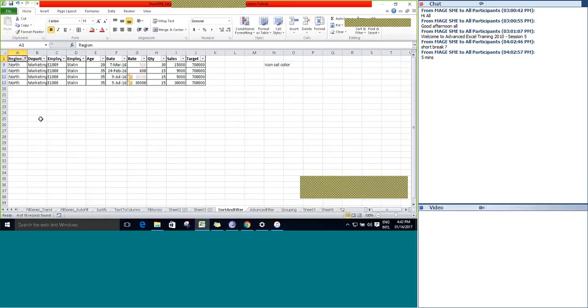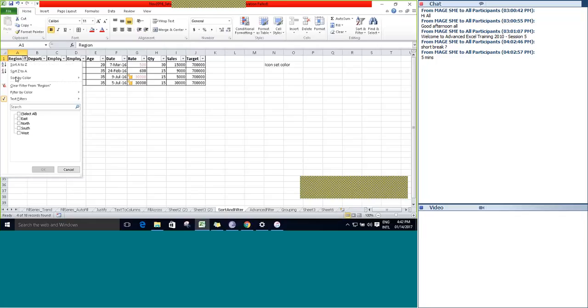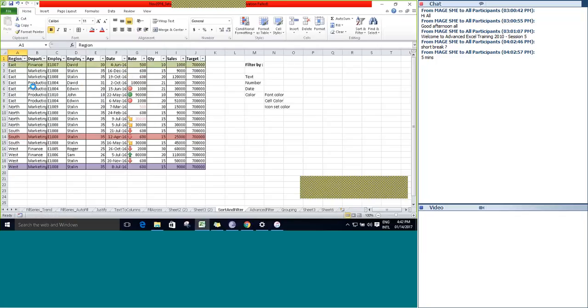You can see that wherever the cell value contains OR, that will be filtered and displayed to the user. Right. Similarly, if you want to remove this particular filter, you can see here Clear Filter from Region. Just click on it, and you can see all the filters are removed.